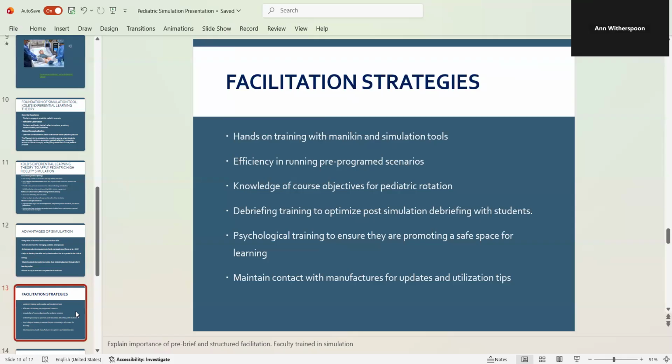Ways that we would go about facilitating the use of these mannequins are making sure that our staff have hands-on training with the mannequin and the simulation tools and that they're comfortable with it. Make sure that they're efficient in running these pre-programmed scenarios, that they've done it several times before they use it with their class, and that they have the knowledge of just general pediatric nursing. We're going to make sure that they're trained in debriefing so that they're able to optimize that time after using the tool so that they can go through all of those positives and negatives of the scenario in a safe